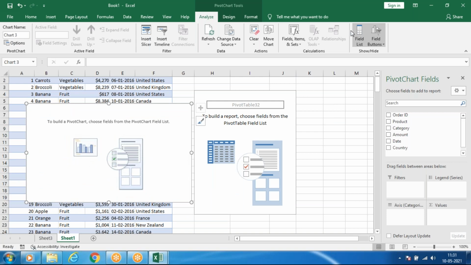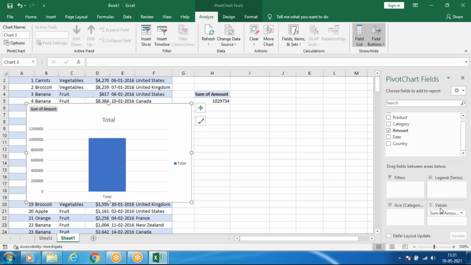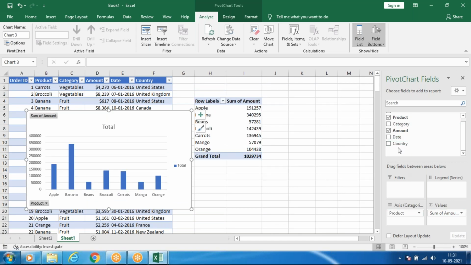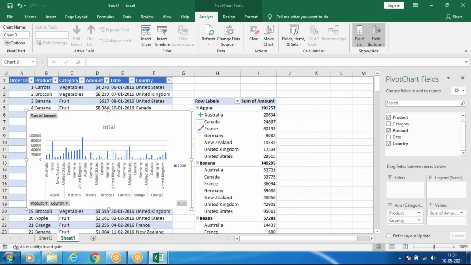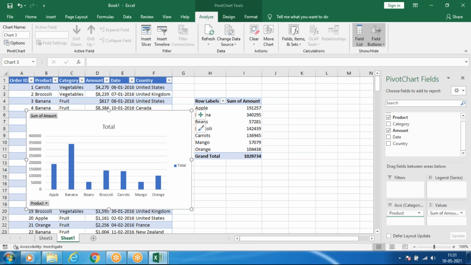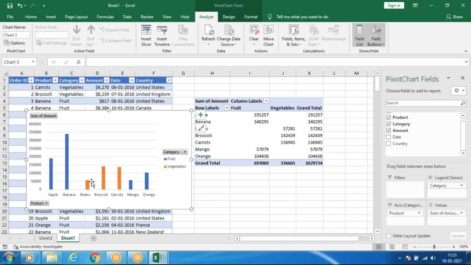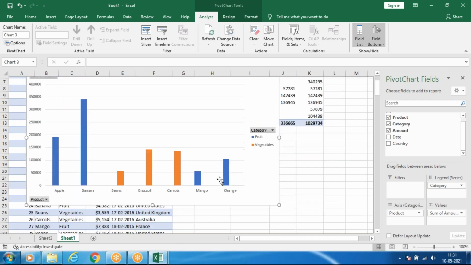Now what you have to do is just drag and drop, that means which one you want. So amount in the value field. Mostly we will put amount in the value field. Then based on which product you are checking or country you are checking, that also you can check. So country also, if you want, you can enable like this. Or category also you can put. You can put it in column wise also, then it will show like colors. Different colors it will display.